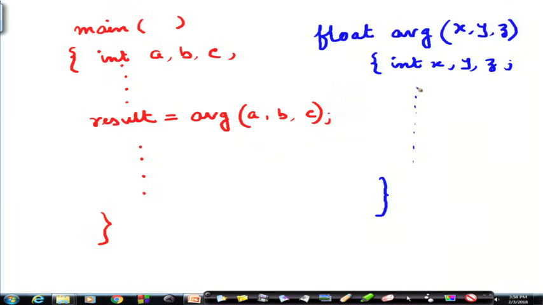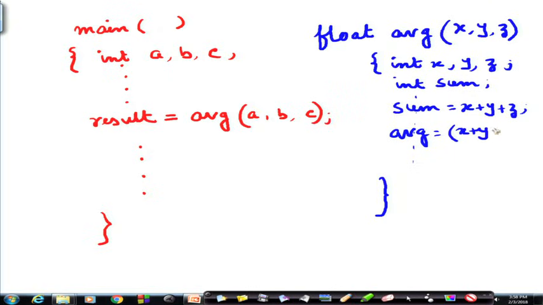And so, this is simple. You can have int sum, and sum equals x plus y plus z, and average is equal to x plus y plus z by 3. Then I write return. Why do I write return? I will come to that.